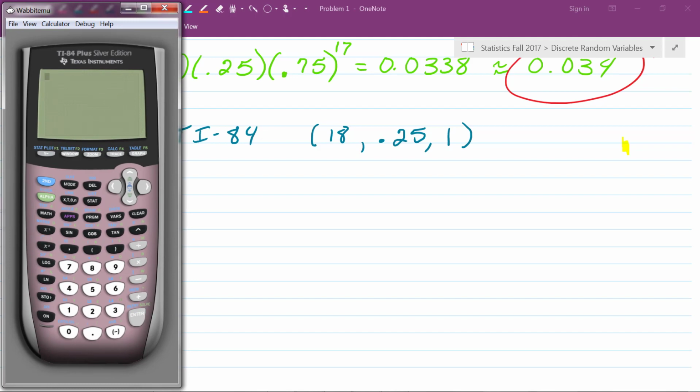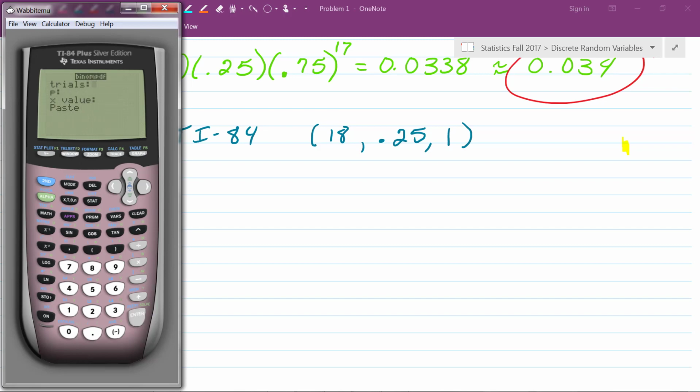And to solve this, I will hit my second button, which is my blue button over here to the left. And I'm going to come down to VARS, V-A-R-S, and click that. And then I'm going to scroll down using this button right here until I get to the binompdf. And the binompdf is what we want to use if we are finding a probability of exactly a specific number, so exactly 1. Okay, we want to use the binompdf because it's a specific probability. So we will select that.